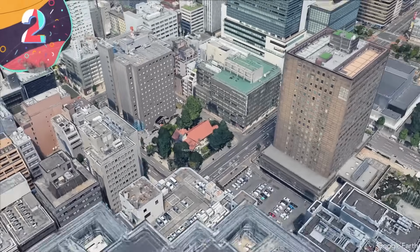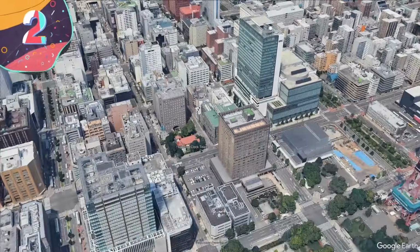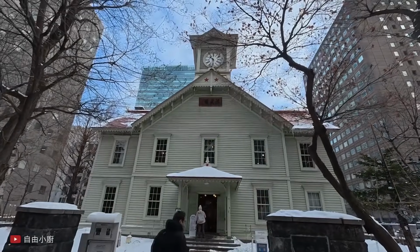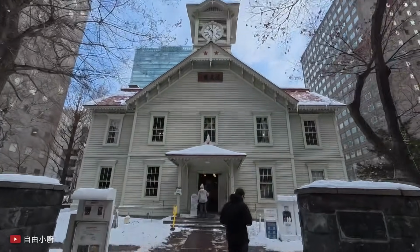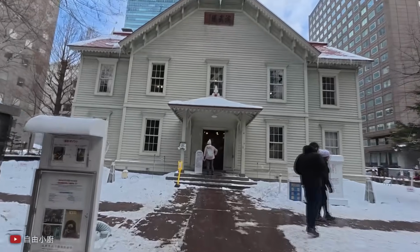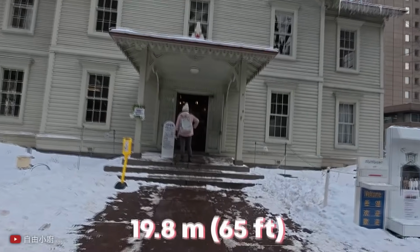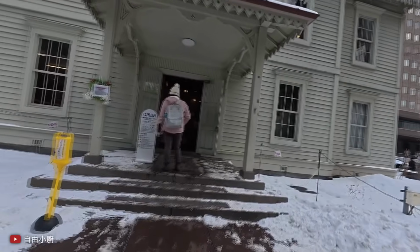Number 2. Sapporo Clock Tower in Japan. Alright, let's keep it in Japan. In stark contrast to the towers of steel, the Sapporo Clock Tower in Hokkaido, Japan proves that size isn't everything. At only 19.8 meters, or 65 feet tall, it's the smallest entry on this list, but it's also one of